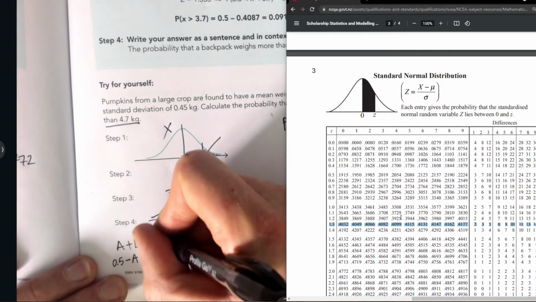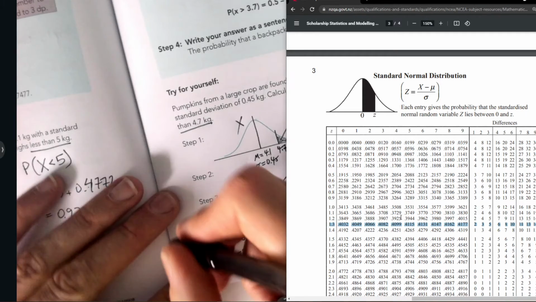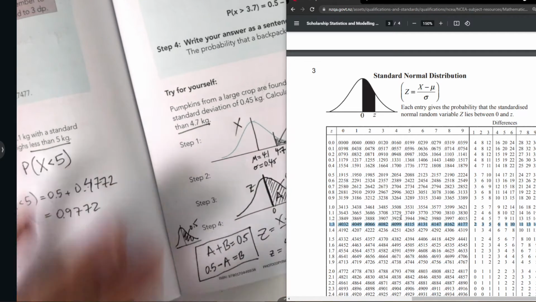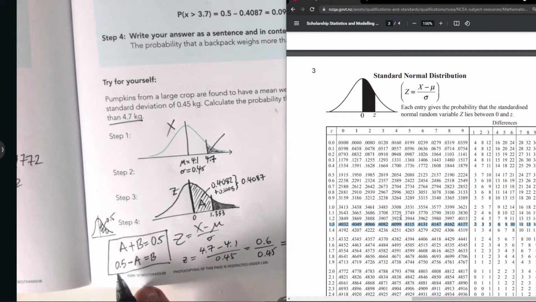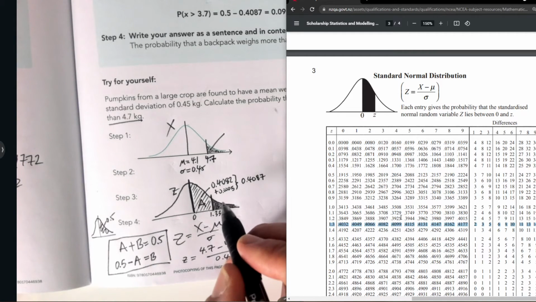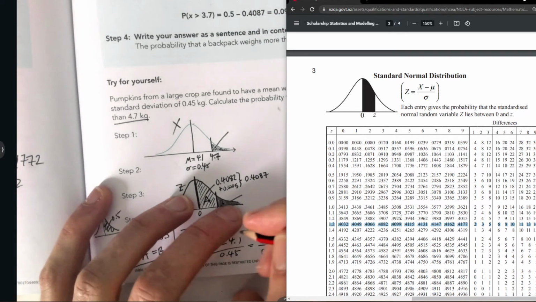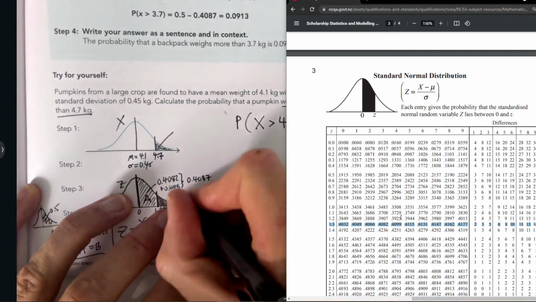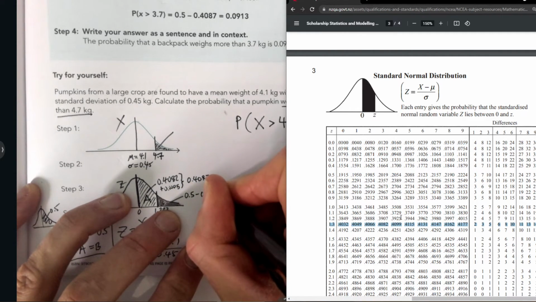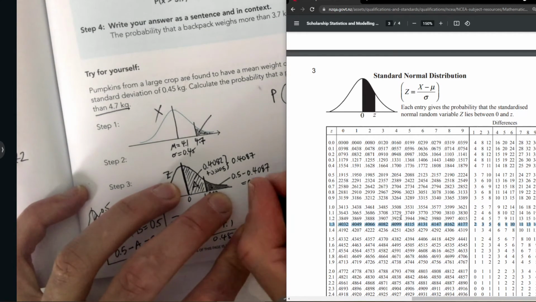So this is the logic. This is why. Right? Because on our distribution, this is 0.5 in total. So that means that 0.5 minus a section of it is going to get us to what's left over. So then we can use that to find B. So this bit's going to be 0.5 minus 0.4087. And that's going to get us to, don't do this in your head, people,